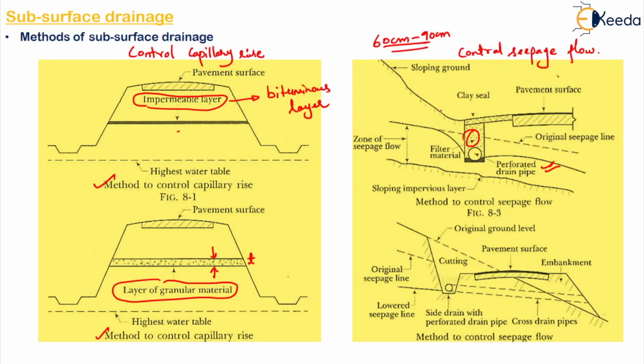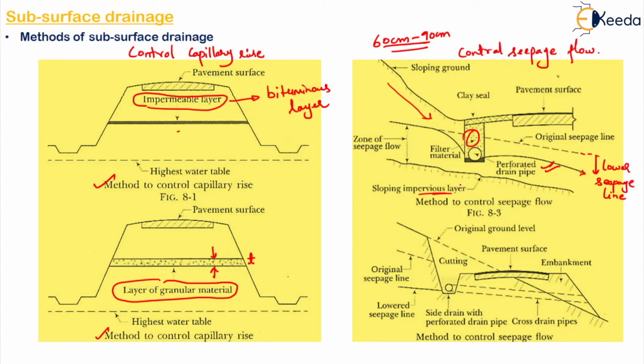So in order to stop this seeping water from entering here, if you observe, this was the original seepage line. Now because of this, the filler material will take the water to the perforated drainage pipe, and this will be the route of your seepage water. Basically this will lower your seepage line. The trench of the drainage pipe is kept above the sloping impervious layer. So this is your sloping impervious layer, you can see here, right? This is one of the methods.